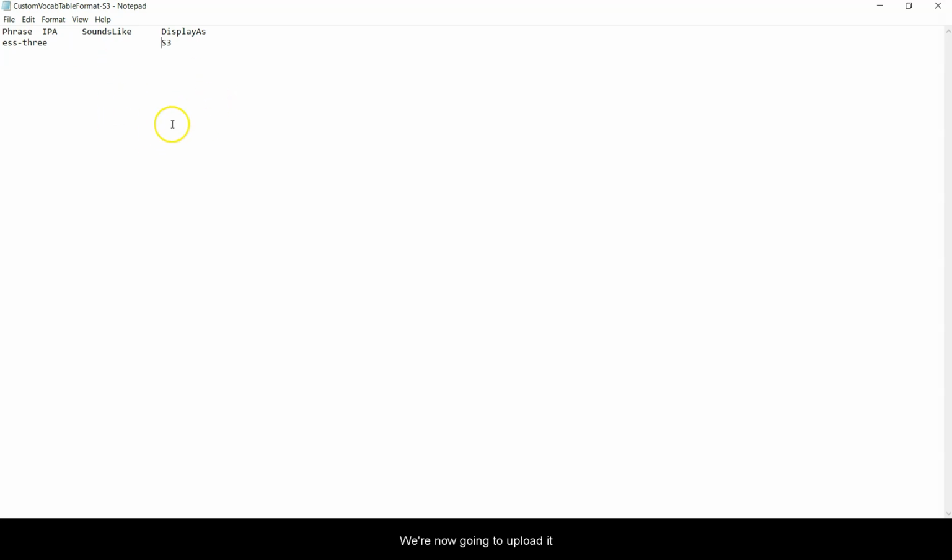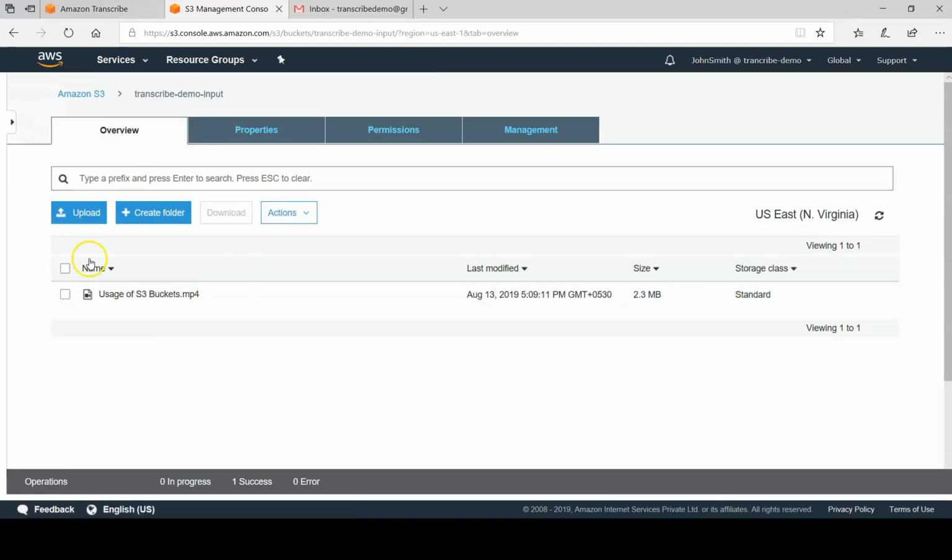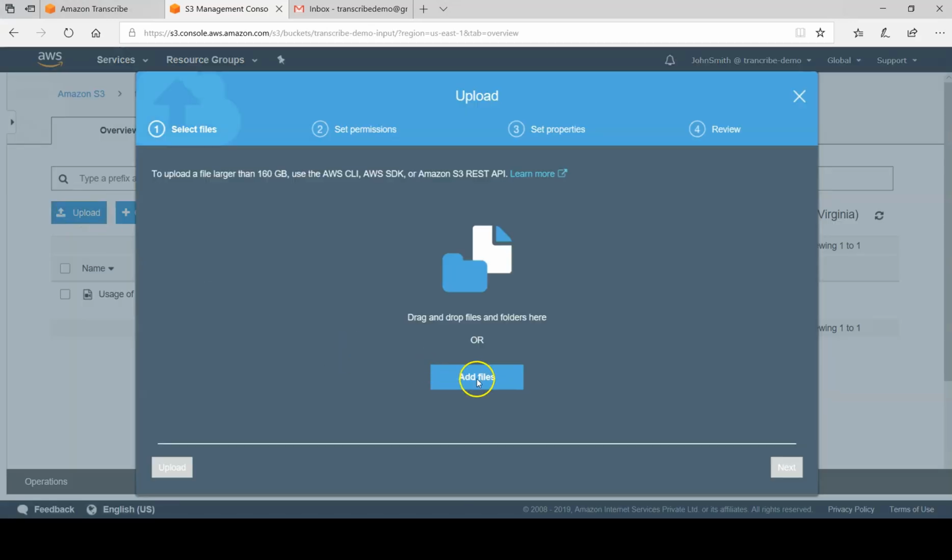So we are now going to upload it to S3, and then we will create a custom vocabulary so that we can input it into the transcription job. So I am now in my S3 bucket, transcript demo input, and I'm going to upload the file.